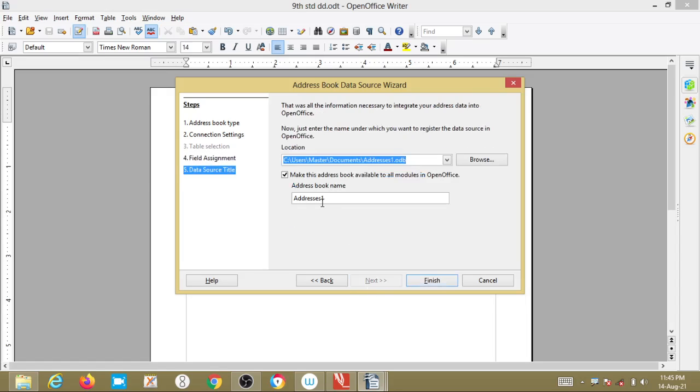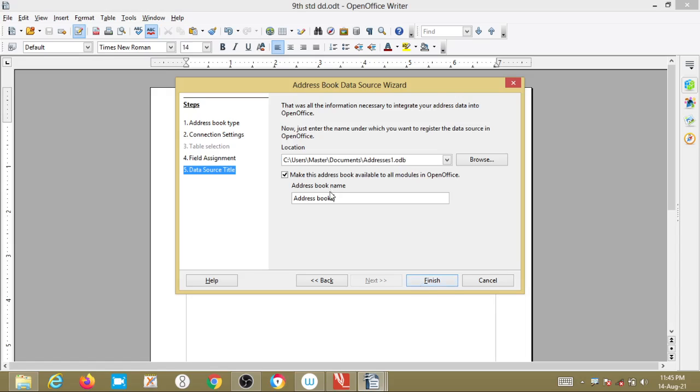Here address 1 is already there, then you can give a new name to this one. Instead of addresses 1, I can name it as address book 2. Okay, so here we can name this as an address. Instead of addresses 1, here we can name it as address book 2. Okay, I have renamed it, and previously it was there in the name of address, right? Here now I have changed the name.